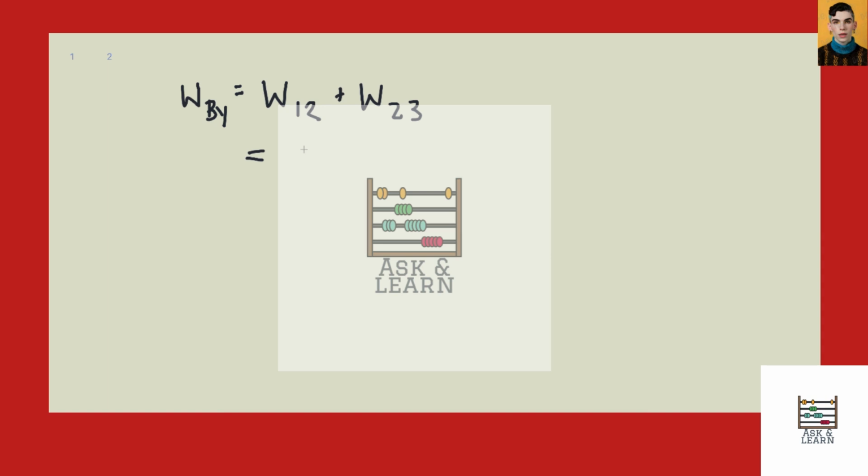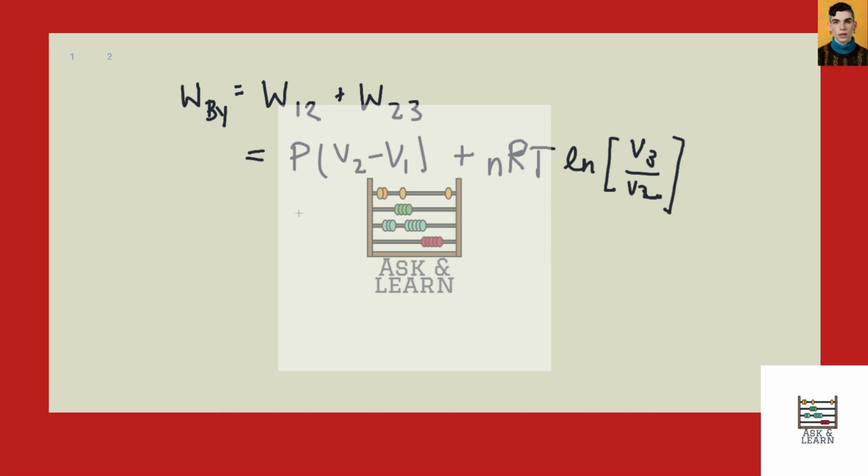And so for 1 to 2, the work is P times V2 minus V1. And then for isothermal volume changes, it's nRT ln of V3 over V2, in general the final over the initial, which is the area under the curve of a 1 over x, if that's meaningful to you. And so if you plug in everything here, acknowledging that V1 equals V3 and V2 equals 2V1,